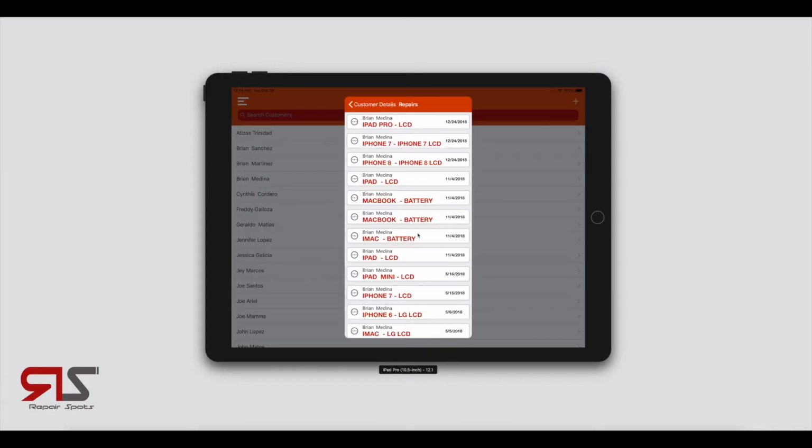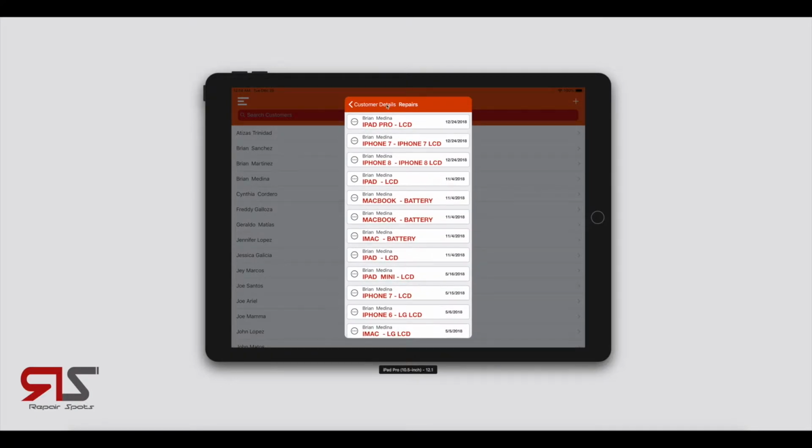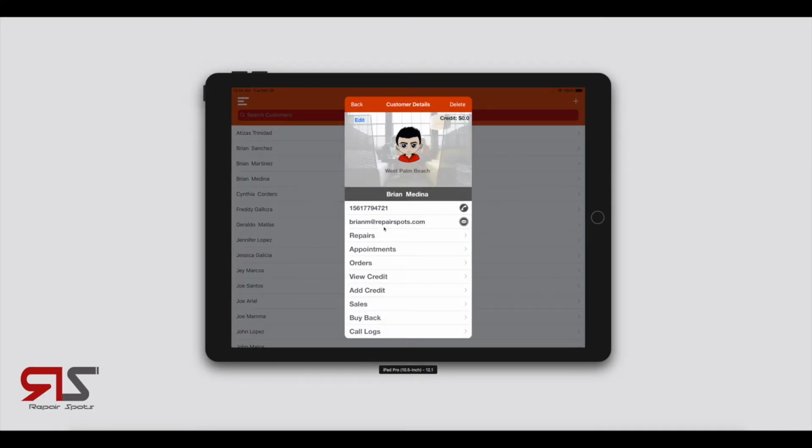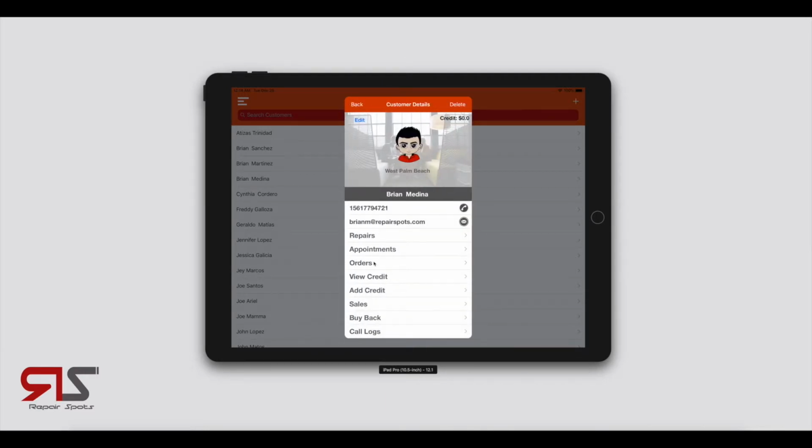So let's just select repairs. As you may see, these are all the repairs that belong to that customer. Appointments, you can view all his appointments. Orders,